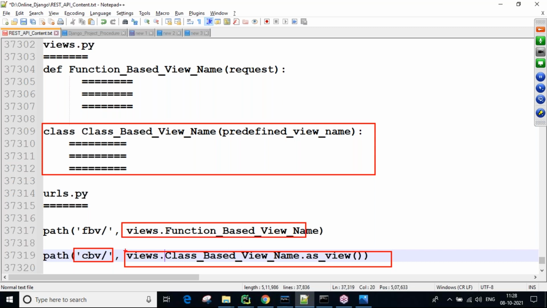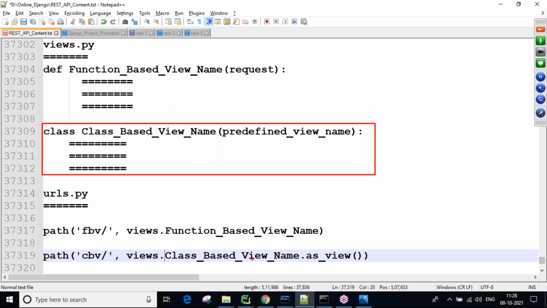If it is a class based view, views dot view name dot as underscore view. So the difference between function based views and class based views while calling the URLs is as underscore view only. As underscore view means it is a class based view. Without as underscore view, it is a function based view. Are you understanding?